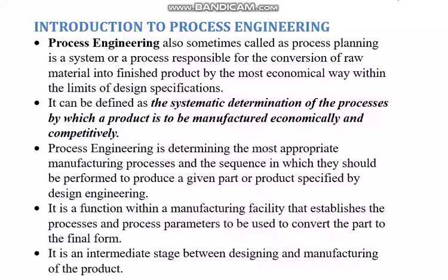So there is another definition here. Process engineering is determining the most appropriate manufacturing process. Here also we said the same thing, determination of process, and the sequence in which they should be performed. That means which should come first, which should follow next. That is the sequence in which they should be performed, and to produce a given part or product specified